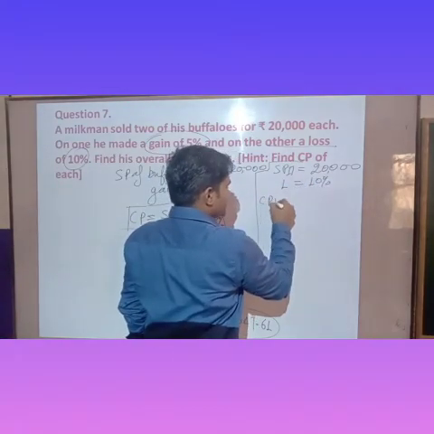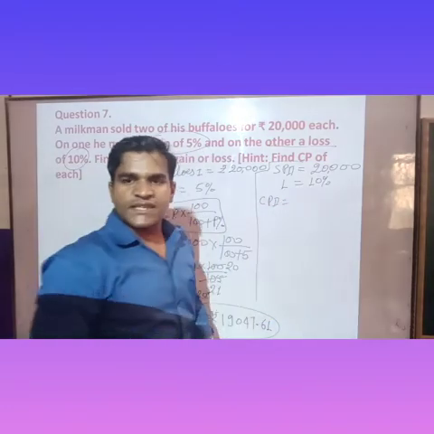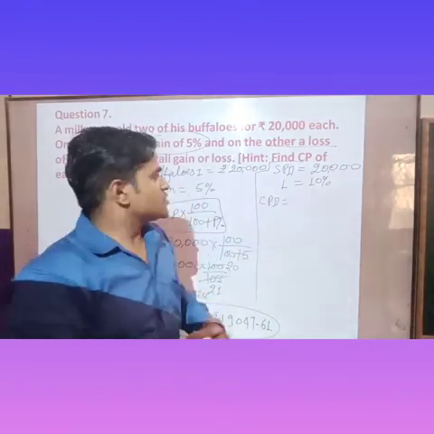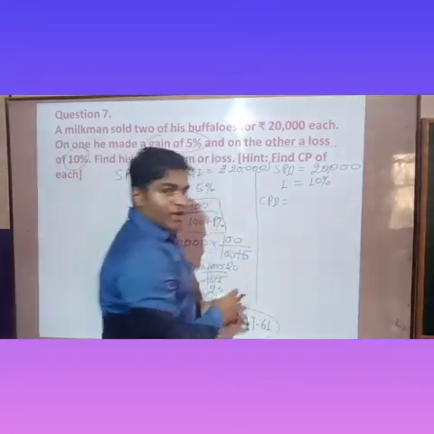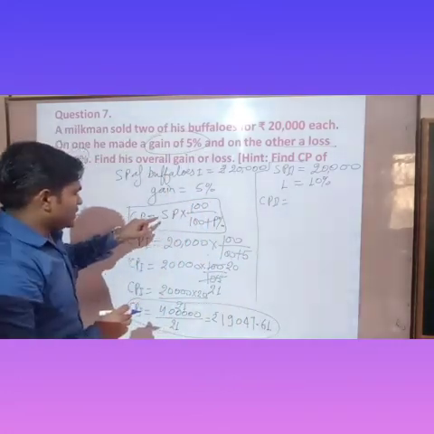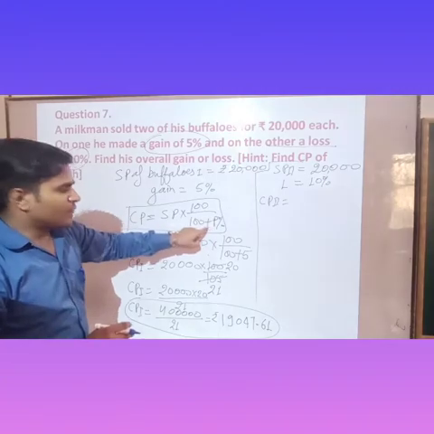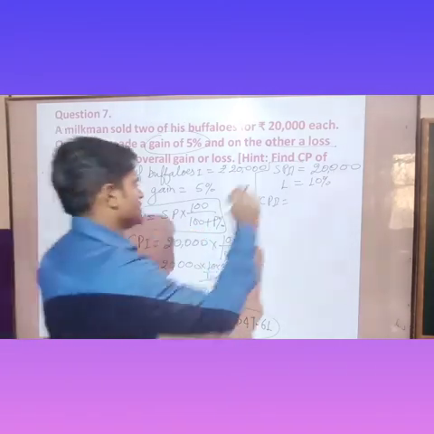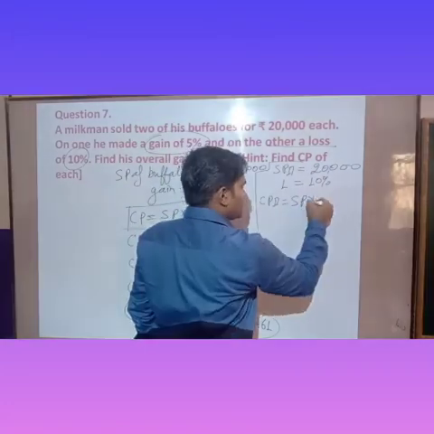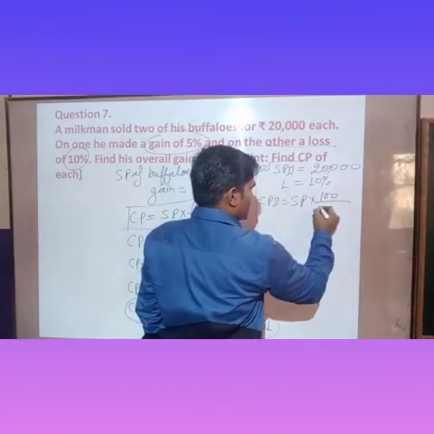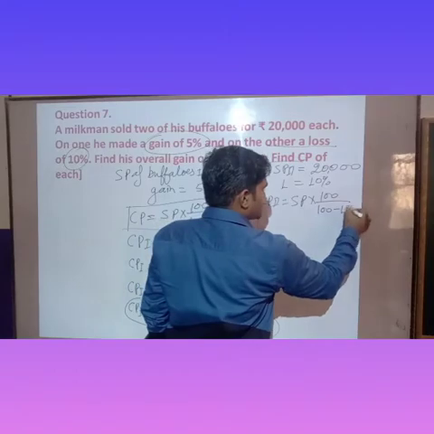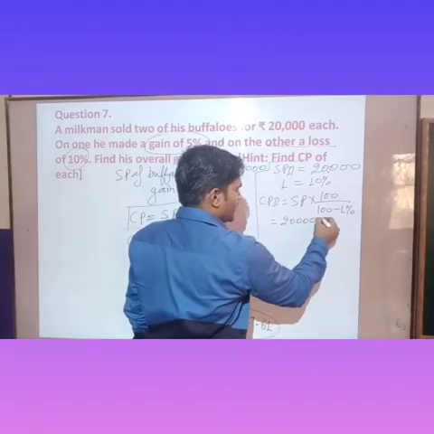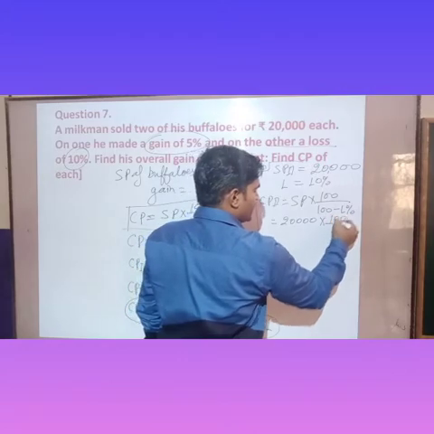So we will find CP second, the cost of the second buffalo. The same formula we will apply, but here it is a loss, so there will be minus loss percent. So SP into 100 upon 100 minus loss percent. SP is 20,000, already given, multiplied by 100 upon